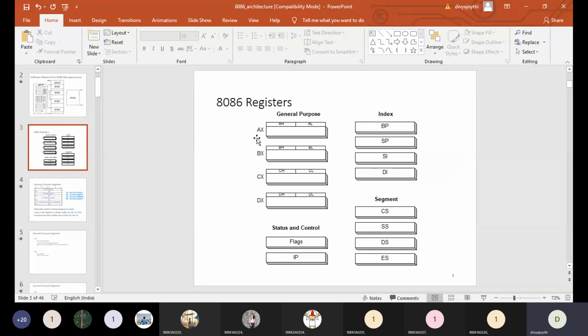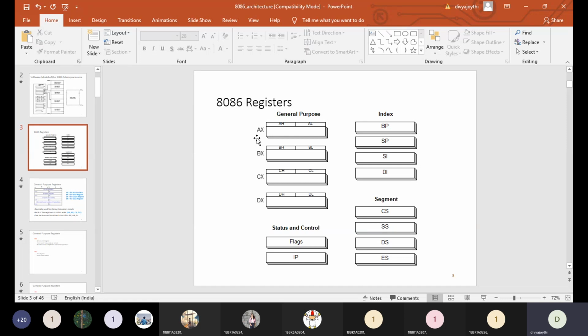Another usage of the counter register is that it is also used in logical operations. In logical operations, if we want to perform a shift operation or a rotate operation, shift left, shift right, rotate left, or rotate right, while performing these operations with binary data, the counter register will be used.